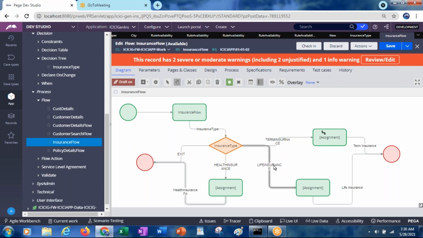If it is returning life insurance, we are calling the life insurance flow action. If it is returning term insurance, we are calling the term insurance flow action. In case it has 30, we will have 30 connectors here from the decision tree, and we will be creating 30 flow actions as well.